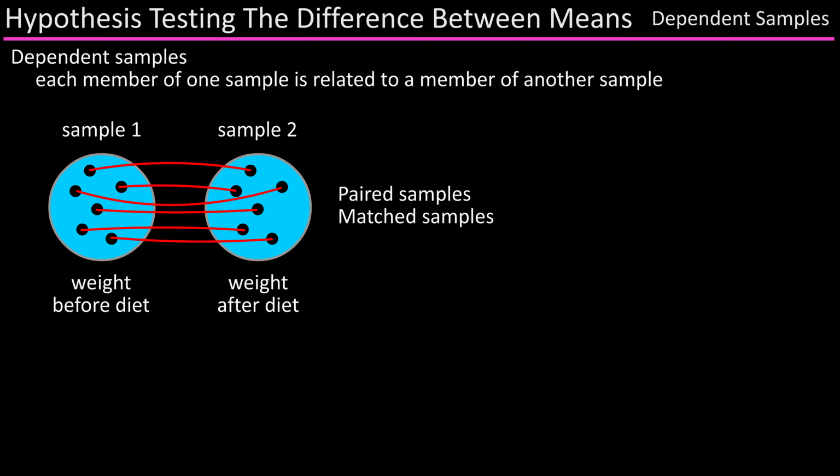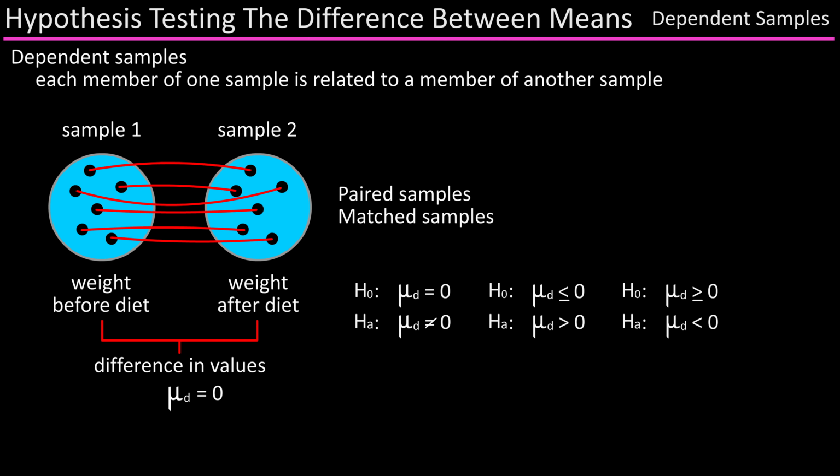In hypothesis testing the difference between means for dependent samples, we are testing for the difference in values of the matched pairs. We use the symbol mu sub d, and we assume mu sub d equals 0. The usual pairings of hypotheses are listed here: equals 0 paired with does not equal 0,